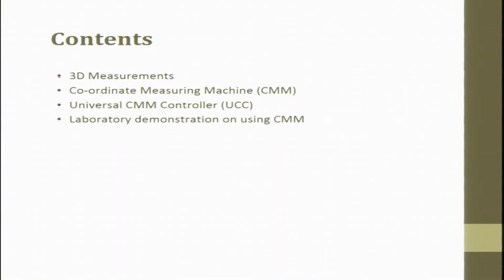Before the start of the lecture, I will just recall what 3D measurements are. Then I will explain what a coordinate measuring machine is, and give you the specification of the particular machine that we have in our lab. Then we have the UCC, the universal CMM controller, which is an inbuilt component. If I think of the whole CMM machine, the controller that controls the machine is known as